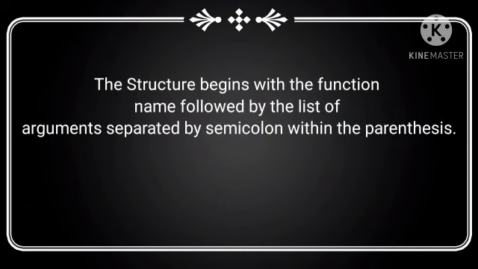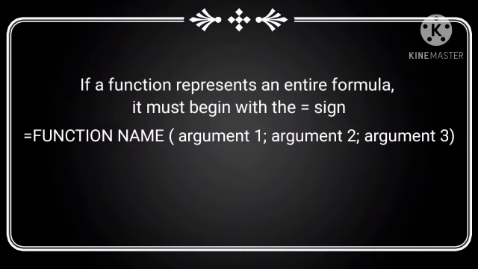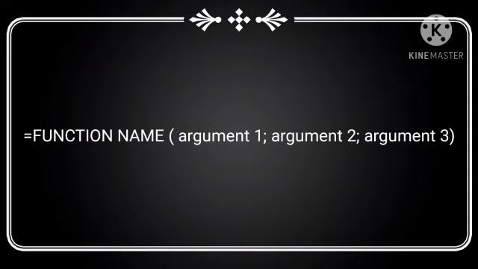The structure begins with the function name, followed by the list of arguments separated by semicolons within the parentheses. If a function represents an entire formula, it must begin with an equal to sign. The syntax will be function name, then opening parenthesis, then argument 1, semicolon, argument 2, semicolon, argument 3, then closing